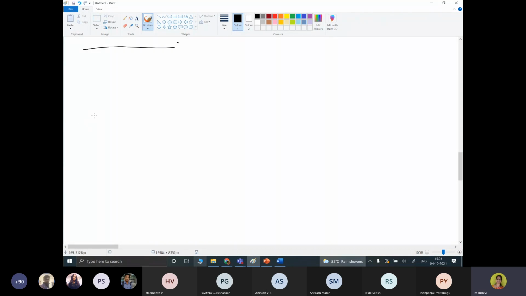So let us consider this is the projection reference point, and we have surfaces S1, S2 and S3, which are the different surfaces we have, and the ray is passing here.